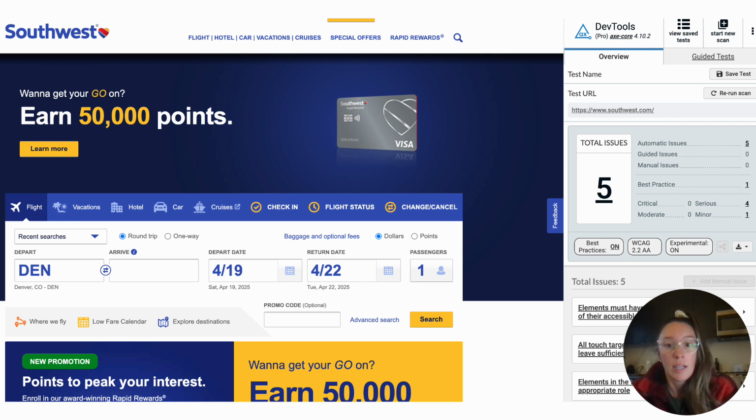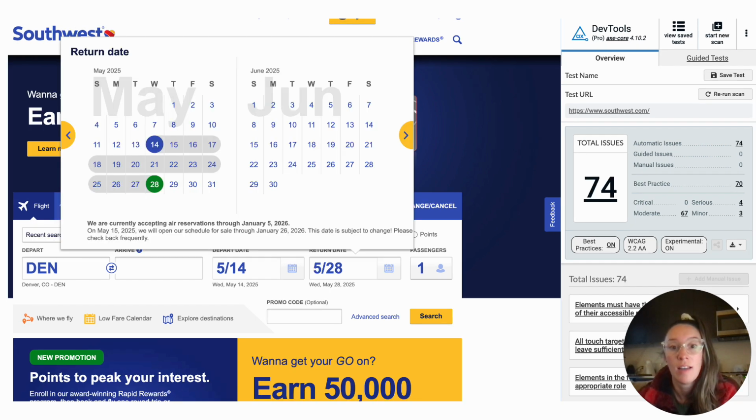Next, I want to talk about page states, which I just mentioned, and DevTools. So this is a screenshot of a DevTools scan. You can see it's just a browser extension. I have it opened up just for this page. I had it run a full page scan, and it shows 5 issues and a breakdown of the issue severity along with a description of the issue and links to the code snippets.